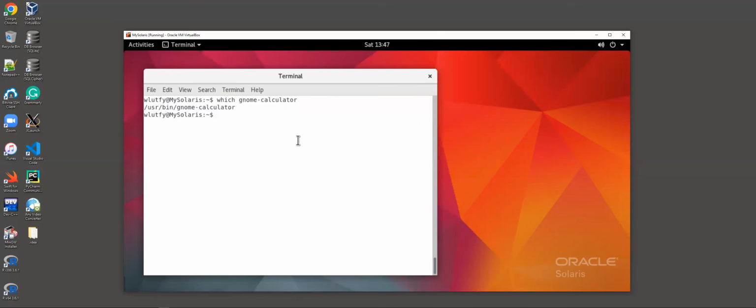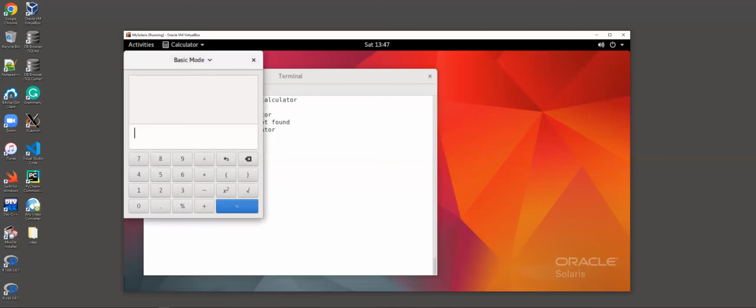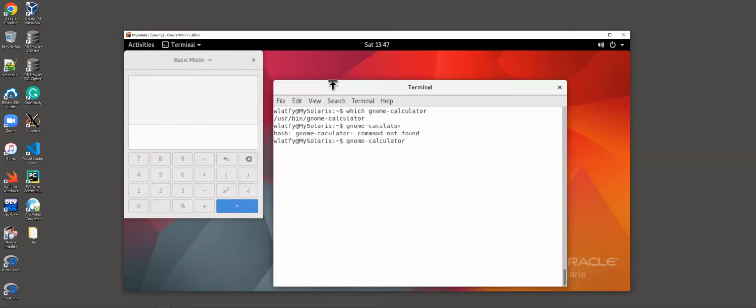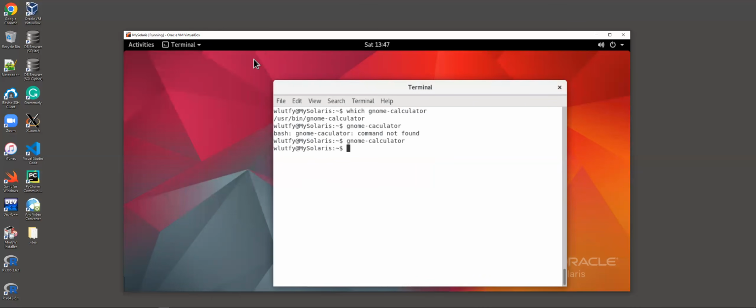So instead of xcalc, you have to type in GNOME-calculator. That would just bring up a calculator, and you can just say, okay, yeah, I like that one, but let me just kill it again. So I could exit out here without doing the kill command. It will just do that. Now we know the location of